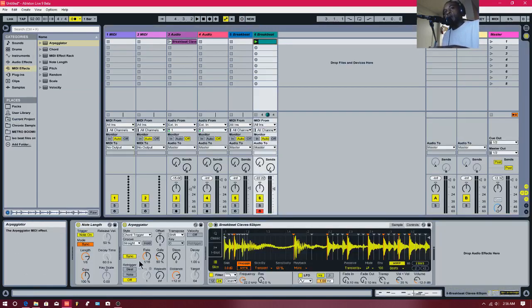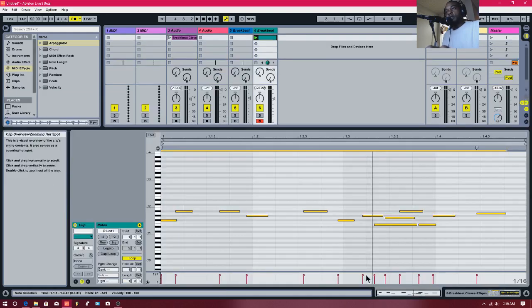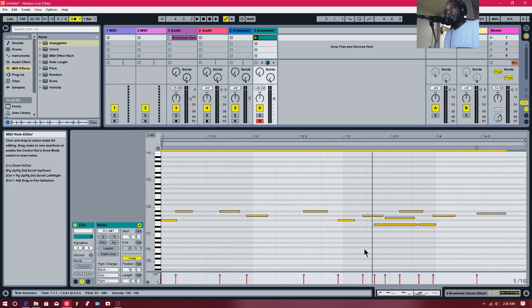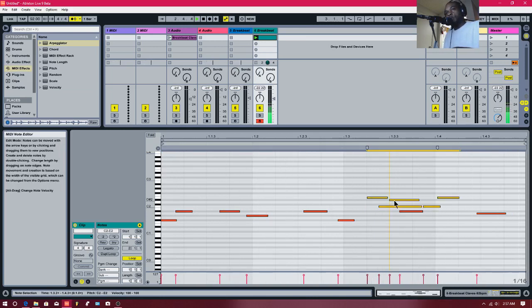Basically it's going by 1/16 or 1/8 of your grid, and this helps when you want to just play melodies in your loops or your little samples or whatever you got chopped, and it makes it cleaner because then your audio is basically clean. You can just run through it and then hit Control U to quantize, but it's already quantized because it's using the eighth notes or the 16th notes. And if I select these and just move them up a little bit,